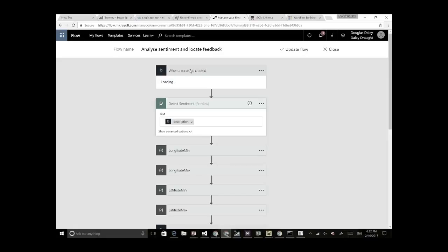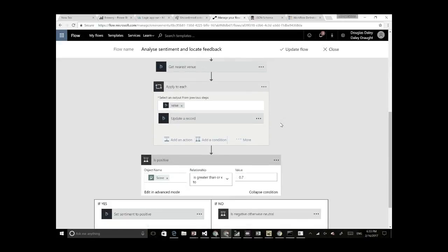And you'll see this load in a minute, but we're basically saying pass the description field from the lead entity, which is what we use to capture the feedback, pass it into the sentiment analysis web service, and then get the result back from that. And when we get that result back, what we want to do is go and update a record. And the record we're updating is the lead record. And so that's how we're flagging it as having a sentiment that's either positive, negative, or neutral based on the